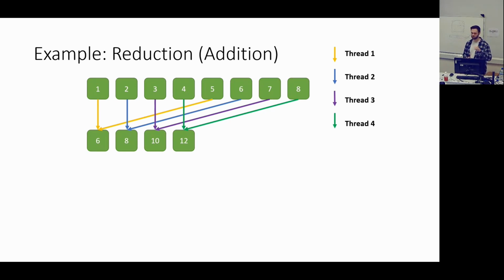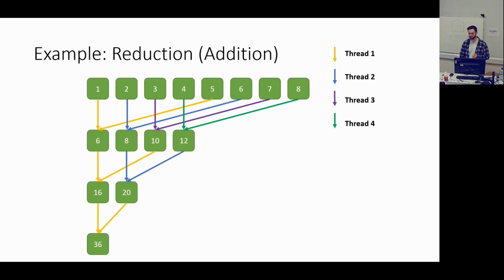So the first thread will add 1 and 5, and then the last thread will add 4 and 8. And you can repeat this process until you only have 1 element left. So again, you split your list into 2 sections. You also have to synchronize here, but we'll come back to that. So you split your list into 2 sections, and then the first thread and the second thread will perform the 2 additions that you need to reduce the number of elements, and then, yeah, finally you have your last element